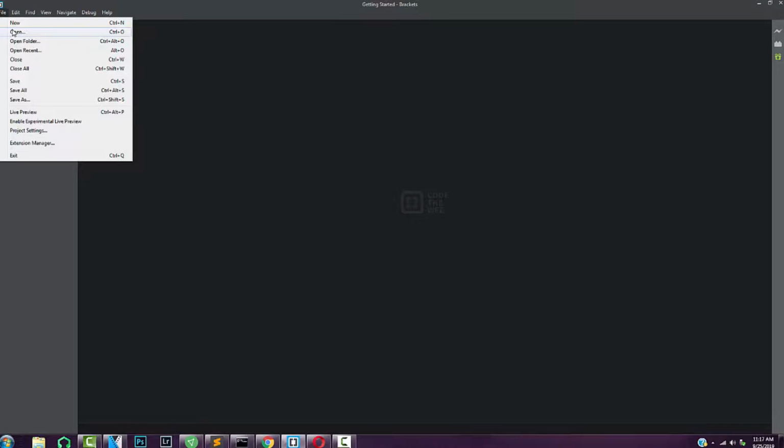So we're going to start off this tutorial by creating a new file. And to do that, we're going to go to File, New, and for this tutorial I'm using Brackets. You can choose your editor of choice. I like Brackets and Sublime, but for this we're going to type in